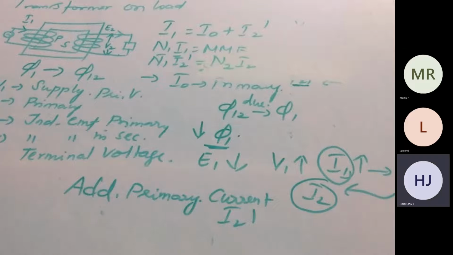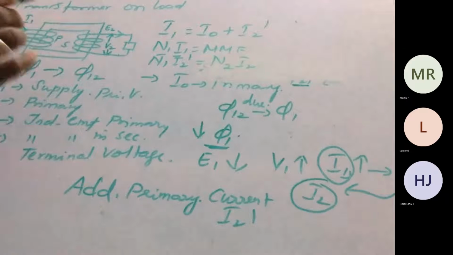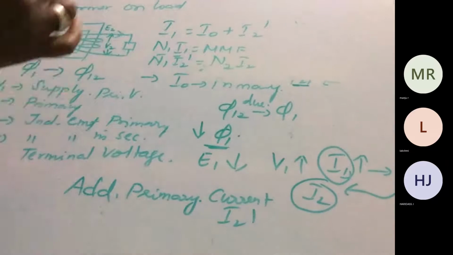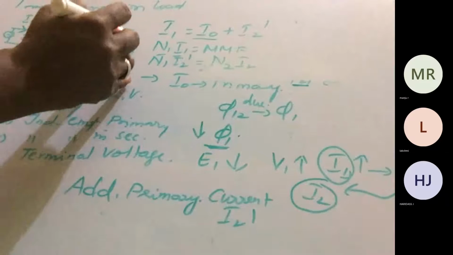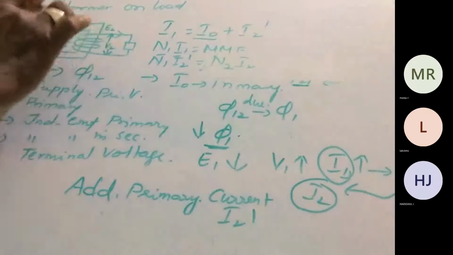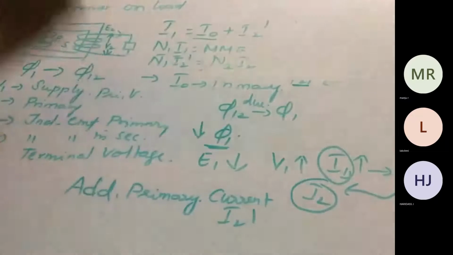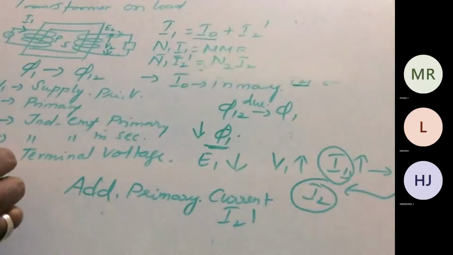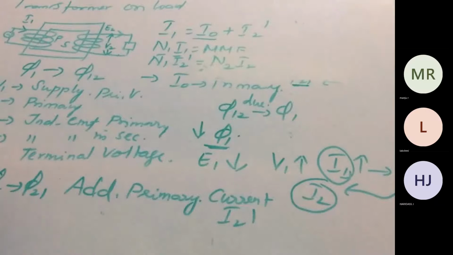Yes ma'am, I understood. Okay, now we are looking at the transformer under load condition. So initially for the transformer we have taken the windings, primary and secondary. Under the no load condition, the primary current can be represented as I0. Now we take a load across the secondary winding. Due to the load, I2 will be the secondary current which flows through the load and closes the circuit. Due to I2, phi 2 will be the flux which develops. This phi 2 links the primary coil, so we can write phi 2 1. Already, due to I1.